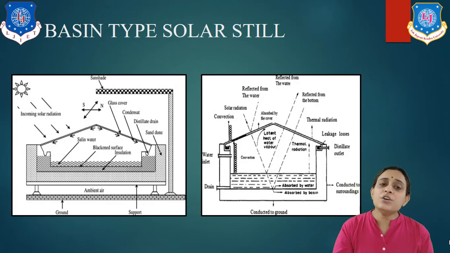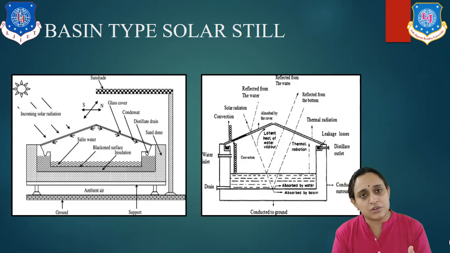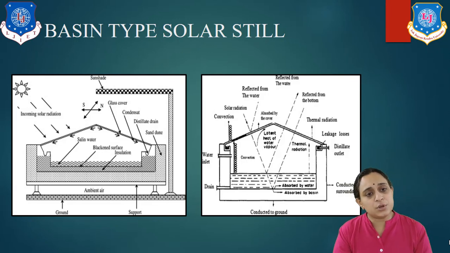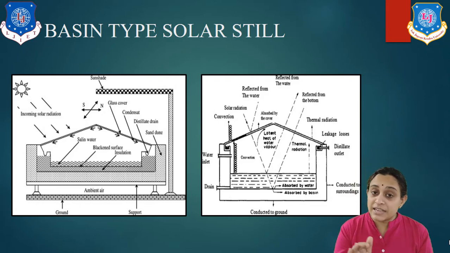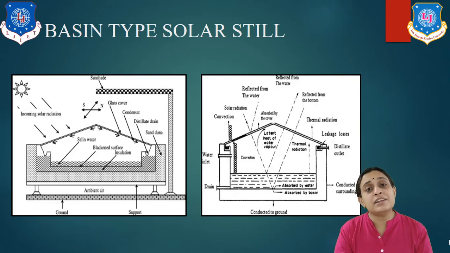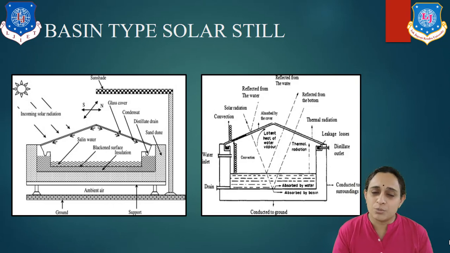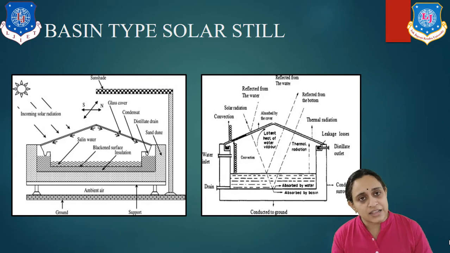Now, the quantity of distilled water which is collected per square meter of glass surface is called the capacity of the solar still. How much water are we getting? It depends on the depth of the water in the basin, slope of the glass cover, thickness of the glass, insulation around the basin, rate of evaporation and intensity of solar radiation, which is the most prominent one. Now, the efficiency of a solar still is about 10 to 40%. Obviously, it is very less compared to other unnatural kinds of sources.